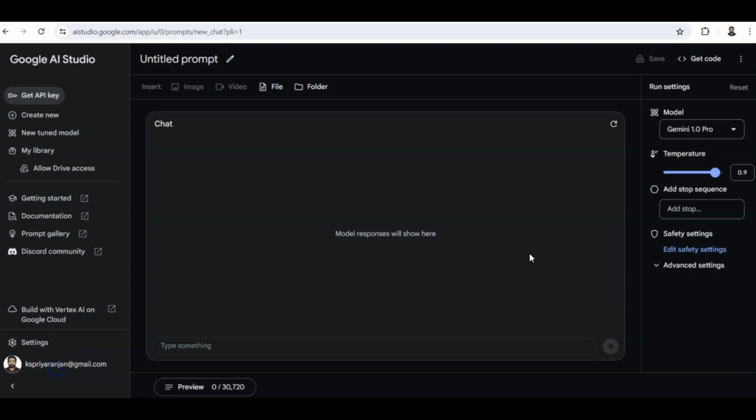If you have a Google or a Gmail account, you can access Google Gemini from the AI Studio. So head over to aistudio.google.com and you can access the playground where you can chat in real time with Gemini, just like you would speak with a human. For instance, here you can see a chat window and it's powered by the Gemini Pro model. And you can ask a question, something like the capital of United States,